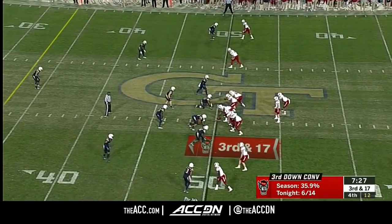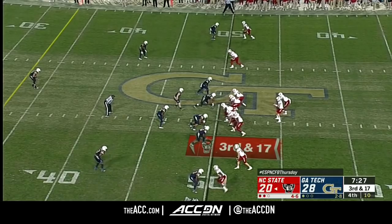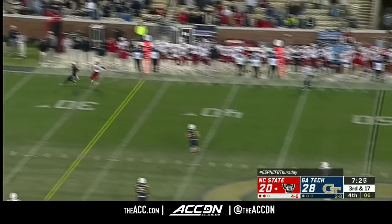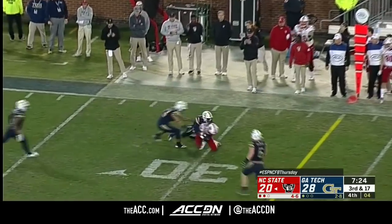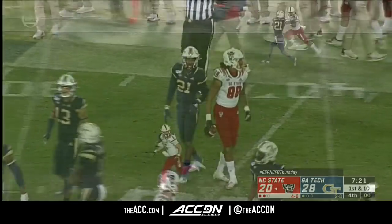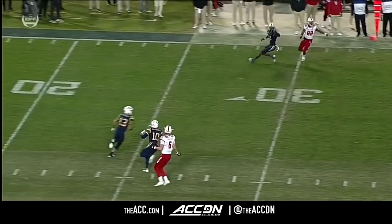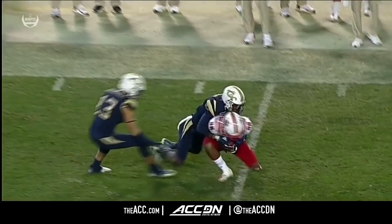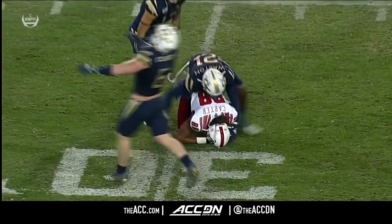But could be 2-down territory if you get a huge chunk here, but not a first. Just a four-man rush against Leary with time. Separation and a catch for a first down by Devin Carter. May have been a push-off? What do you mean, may have been a push-off? That is like the definition of a push-off. I think it might have got a little...